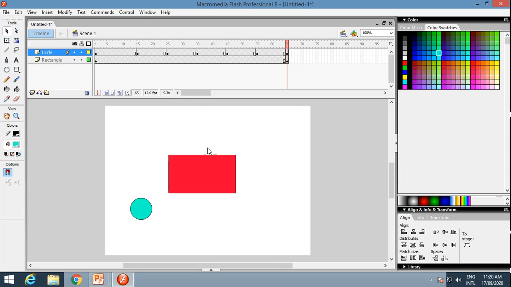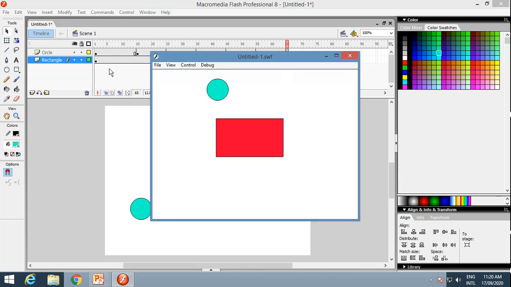Now if you want to play this, then you have to just press enter. It will be played in the same window, and if you want to play in a Flash player, you have to press Ctrl Enter from the keyboard. Then it will be played separately in a Flash player.